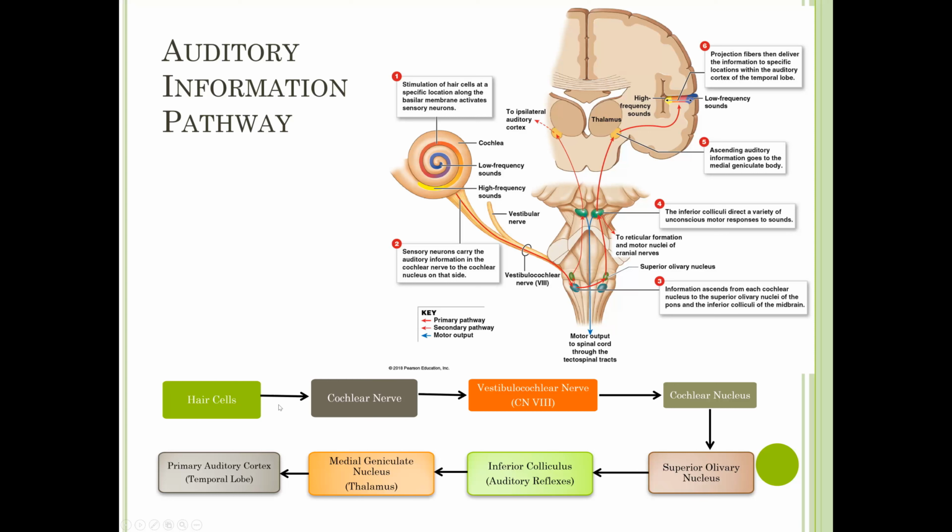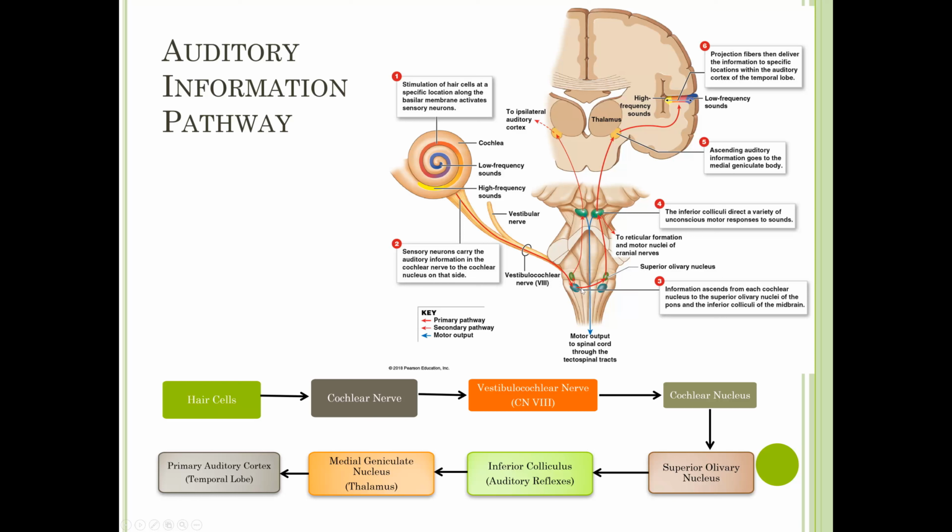So we start with the hair cells in the cochlea, and they're going to send their information to sensory neurons, and the axons of these neurons come together to form the cochlear nerve. The cochlear nerve will join up with the vestibular nerve to become the vestibulocochlear nerve, which is cranial nerve number 8. The part of the vestibulocochlear nerve that is carrying sound information is going to go to the cochlear nucleus